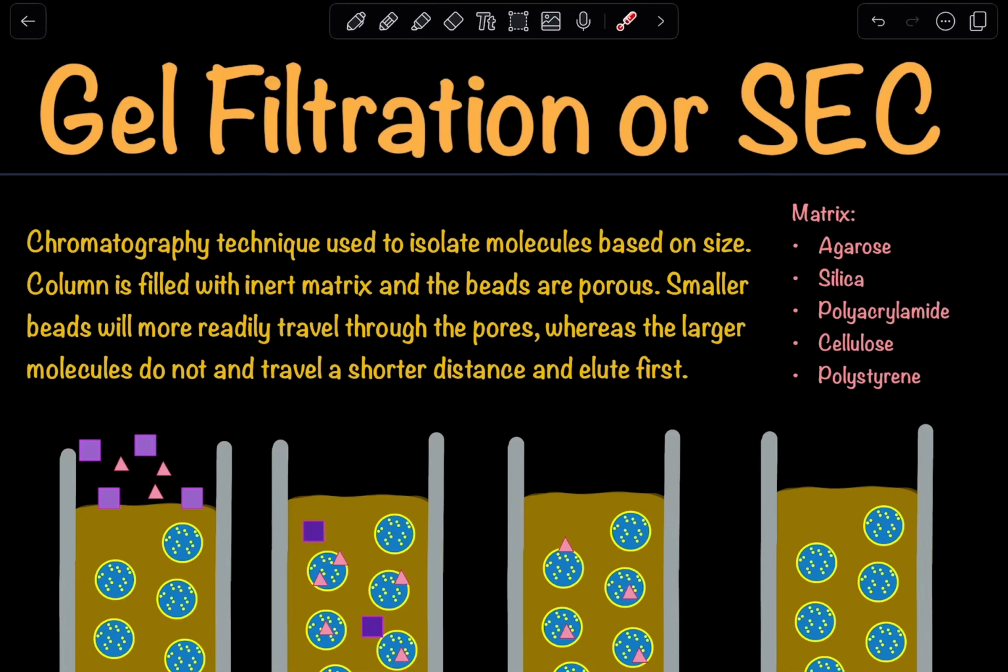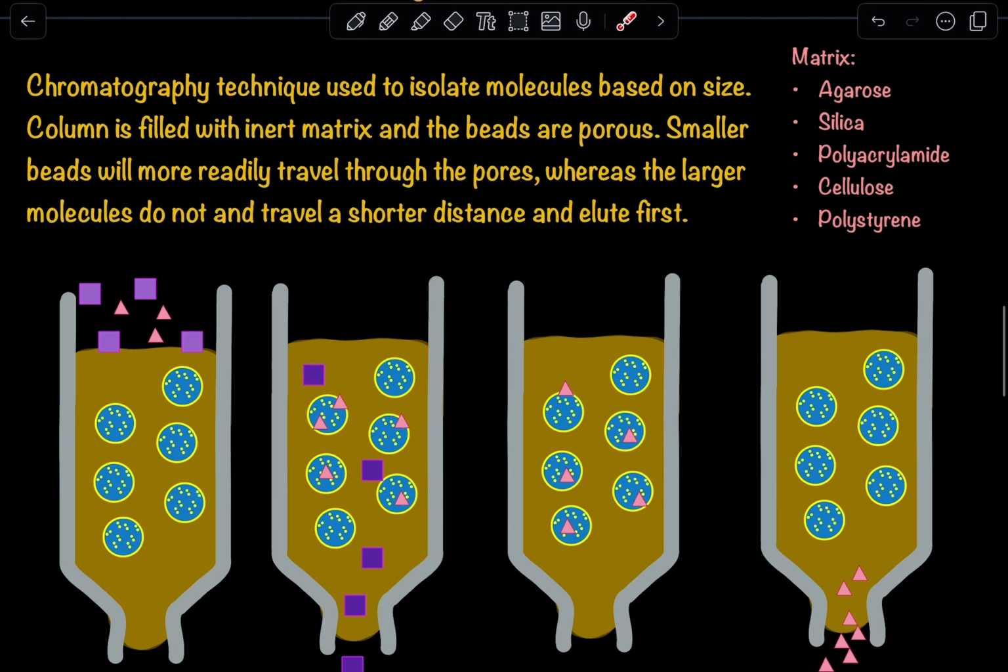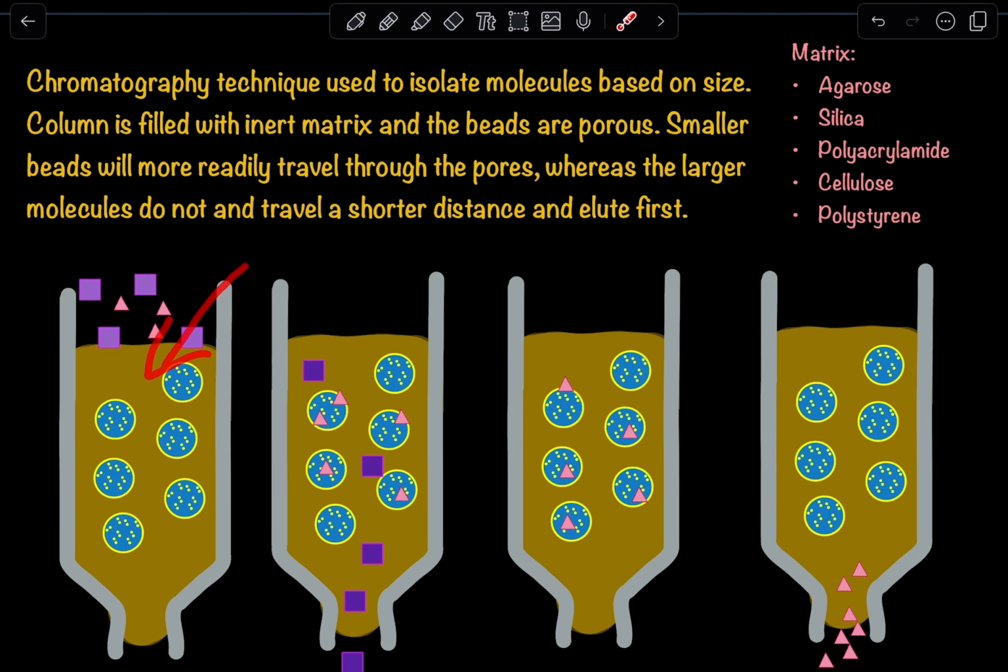So here we're going to understand gel filtration, also referred to as size exclusion chromatography. Now, this is a chromatography technique used to isolate molecules based off of their size. Essentially, what happens is that we have this column filled with an inert matrix, but specifically we have these beads. Now, these beads are porous, and we can manufacture these beads to have pores of specific sizes, so that